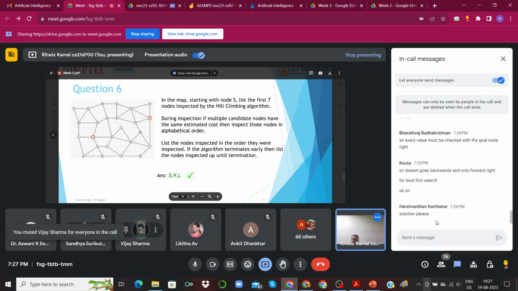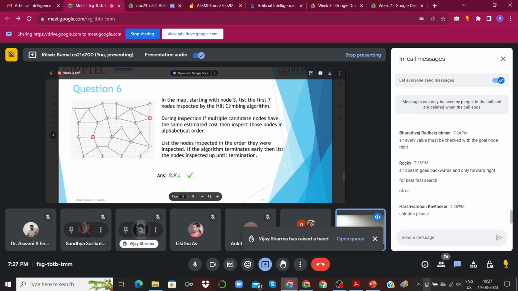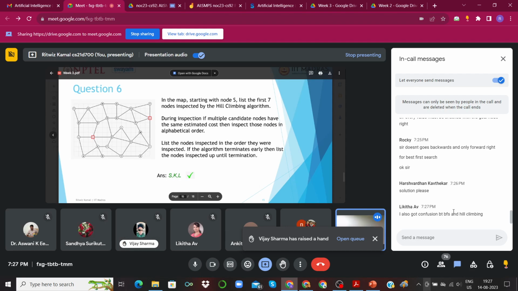So priority queue is a special kind of queue where each element is assigned a particular priority value, and then elements are inserted into the queue according to that priority. And the priority value in this case would be the heuristic value. Does that answer your question, Dr. Ashwini?